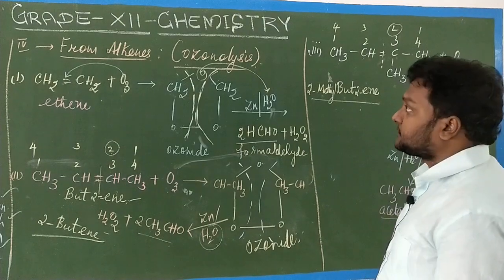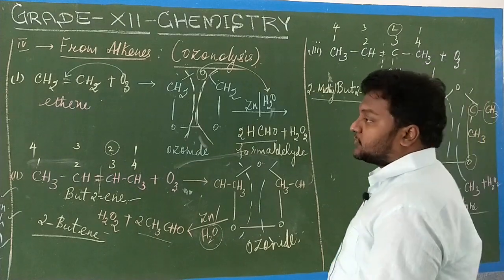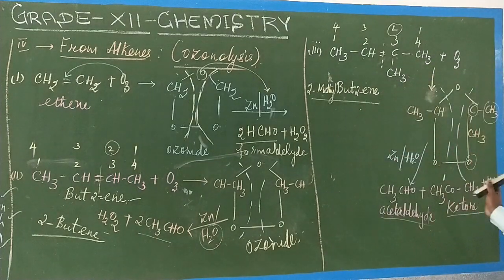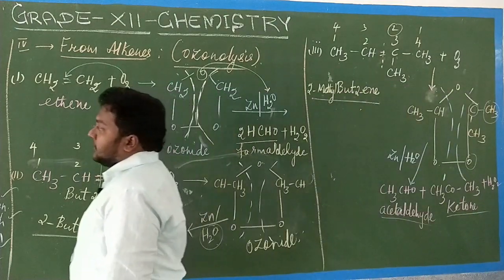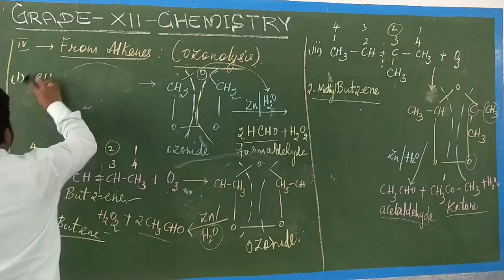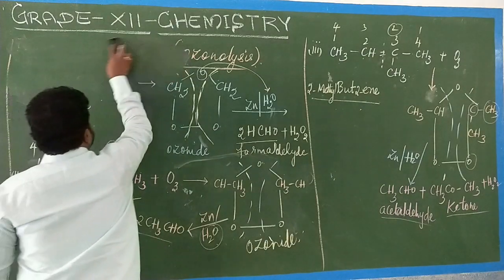Ozonolysis method. Now we will pass on to the next reaction. I hope you can understand, isn't it? In alkenes, ozonolysis, the first, second and third reactions. Now we pass on to the fifth one, which is the hydration method. The fifth reaction is